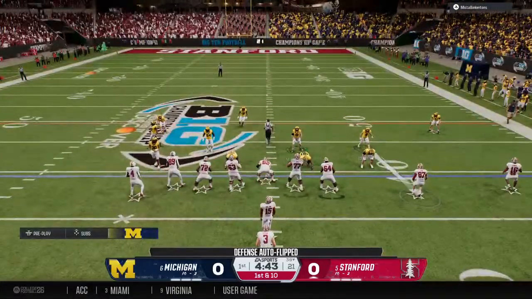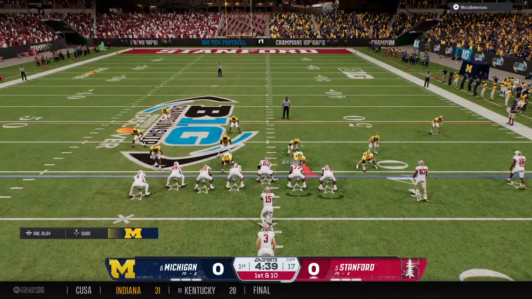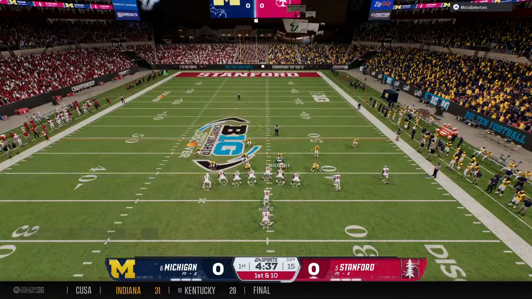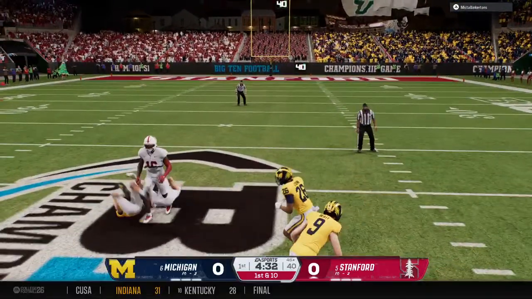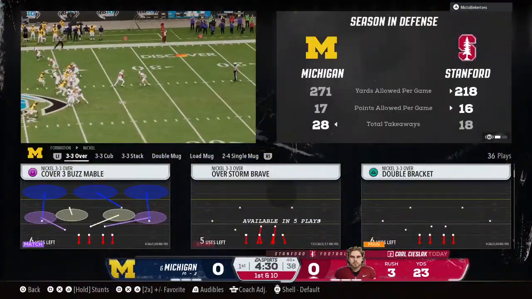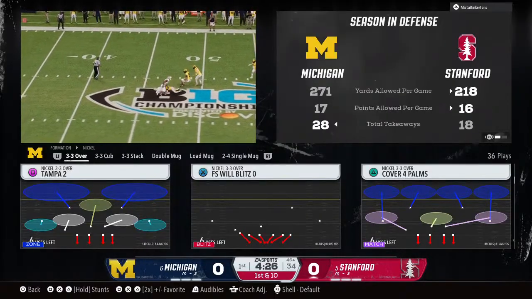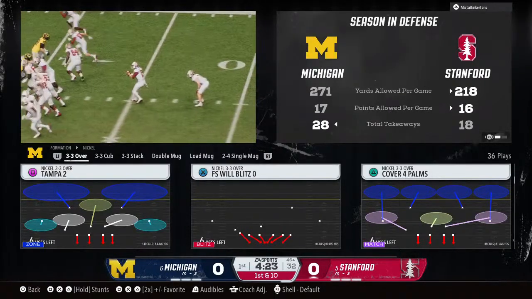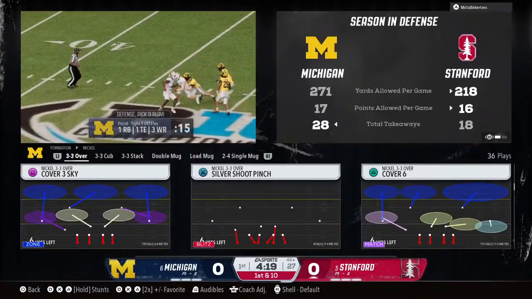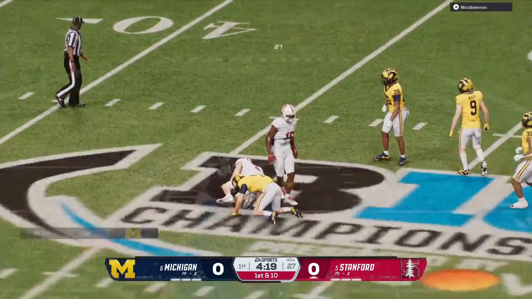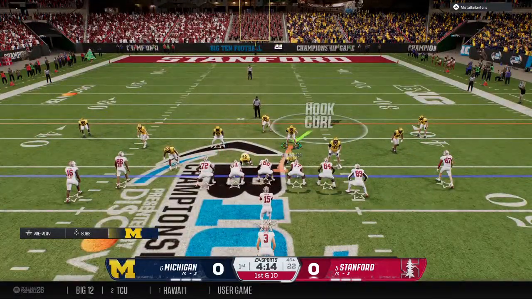Stanford getting set for the 1st and 10 now. They'll hand it off. Breaks into open space. Brought down, crosses midfield to the 46. Nothing better than an offense on 1st down to be able to pick up big positive yards like that. You can either keep giving it to the back, or set up play action and get the defense to come up to the line of scrimmage, and you can throw it over top of them. This Stanford offense is moving quickly down the field.